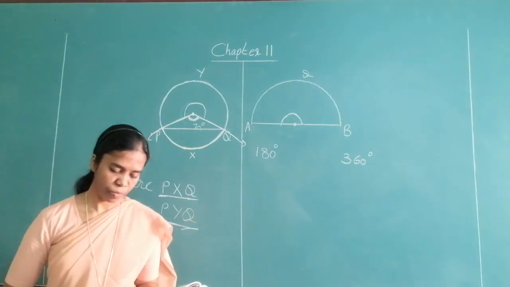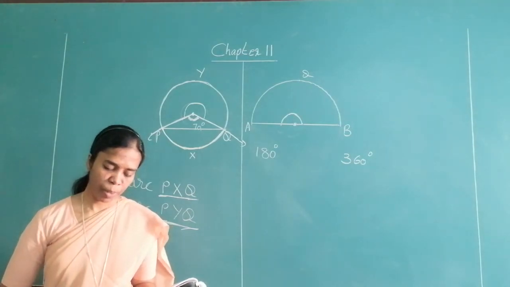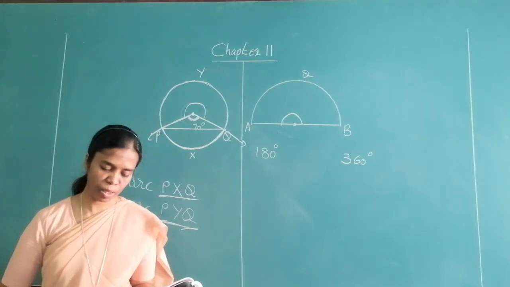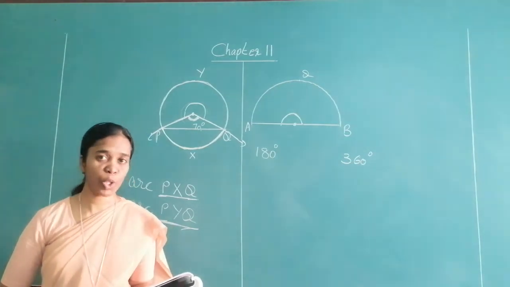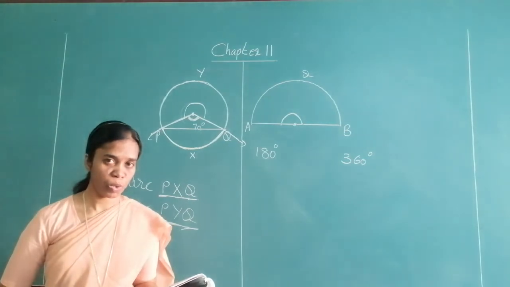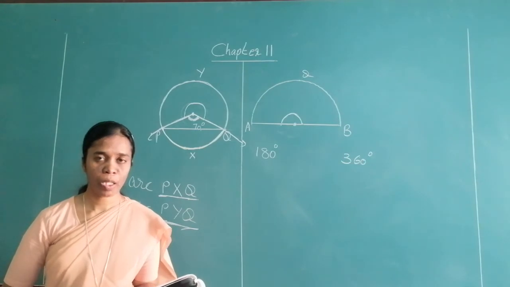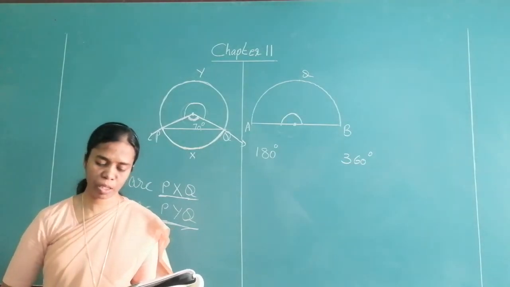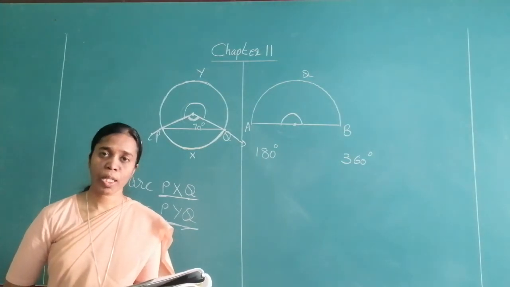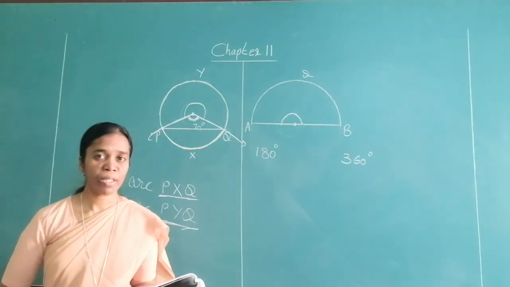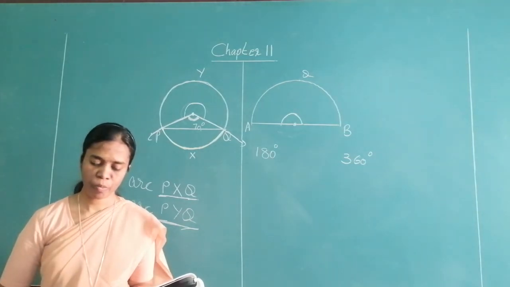Okay. Next one. Some arcs are shown in the circle with center O. Write the names of the minor arcs, major arcs and semicircular arcs from among them. Semicircular arcs, how many will you get? Only 2. Okay. And you will know how to find out. For minor arcs and major arcs, you consider any one chord and then you see which is the minor arc and which is the major arc. Which chord is given to you over there? PQ. PQ is the chord. So consider PQ. Now PQ is dividing the given circle into 2 parts. So which is the minor arc over there, and which is the major arc? I think you can write it.